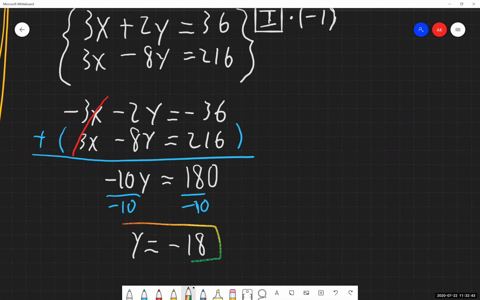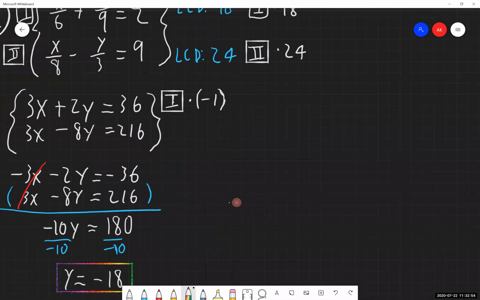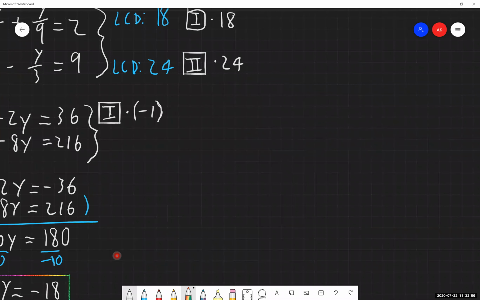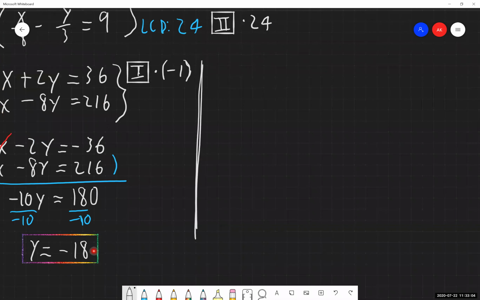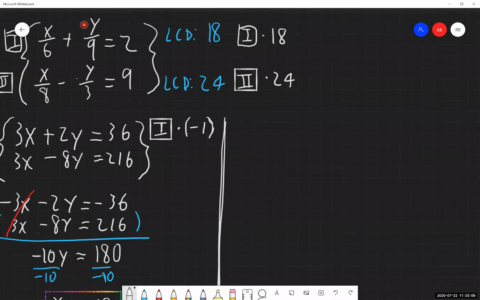So we have our y value. Fantastic. Now we need to solve for our x value. The way we do that, again, following our process, we substitute the value that we just found. It's y equals -18. We substitute that in for y in either of our two original equations. Doesn't matter which one, you just got to pick one and move forward with it. I think we used equation 2 in our previous example, so I'm going to use equation 1 for this one.